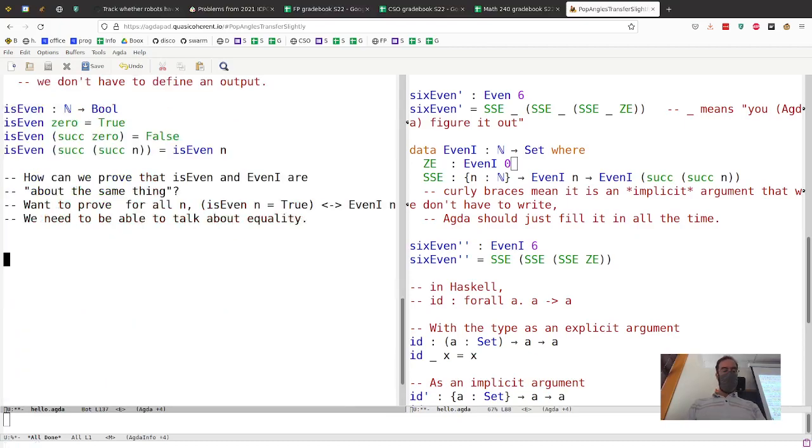Equals is not built into Agda. We just define it, and this is a little mind bending. I don't expect you to understand exactly how all the pieces of the definition work, but I think we can understand how to use it and kind of what it means. Okay. So I'm going to define this. It has a standard name, the triple equals thing. So you write it with